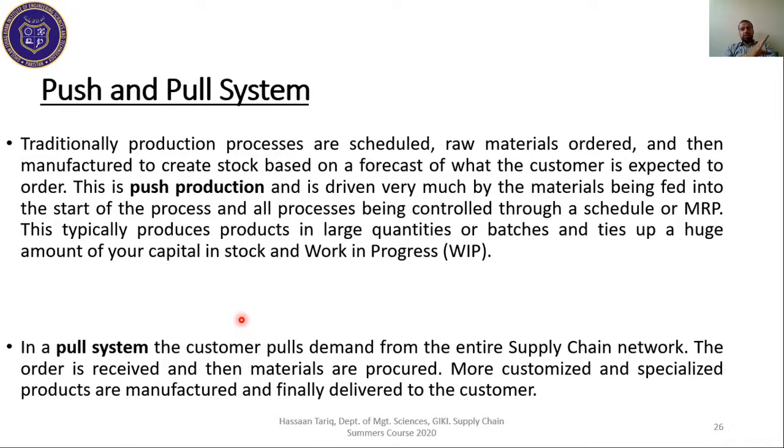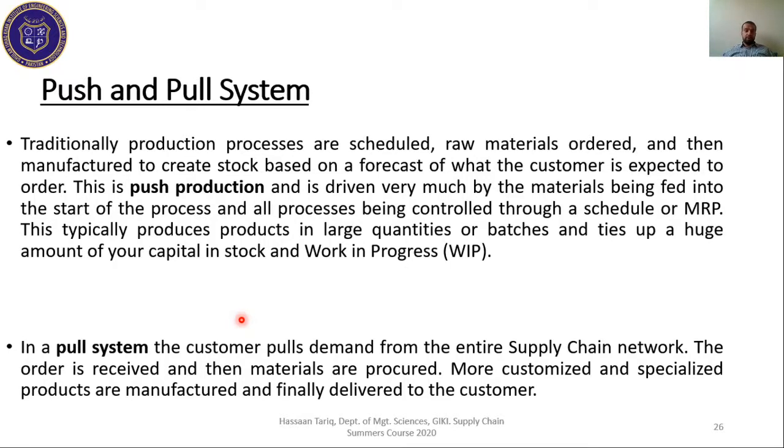Because this is mostly things where you have a large number of alternatives, the users don't really have a high switching cost. They can either buy product A, brand B, or brand C, right? So it does not really matter which brand they are buying. It only matters that whatever is on the shelf, they just go and buy that, right? So that is more of a push production system, which is mostly done in countries like Pakistan, which are